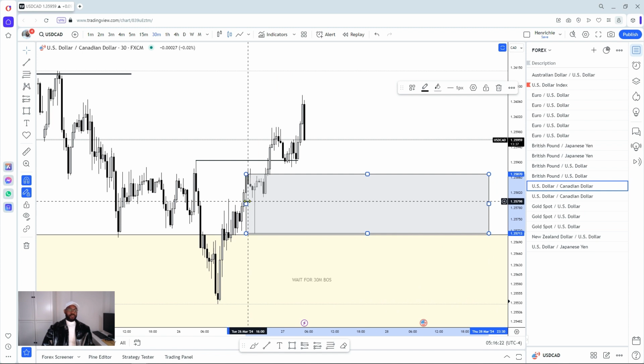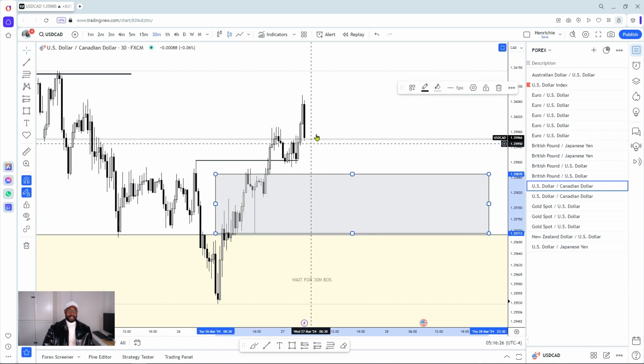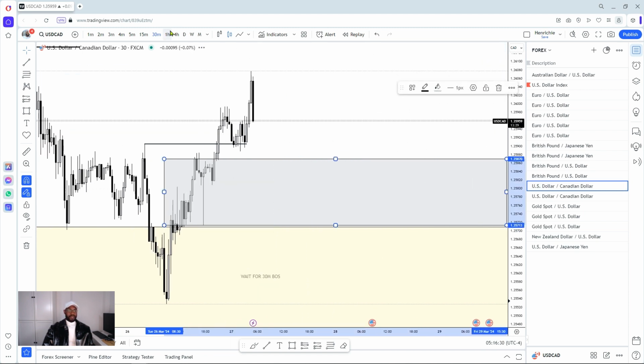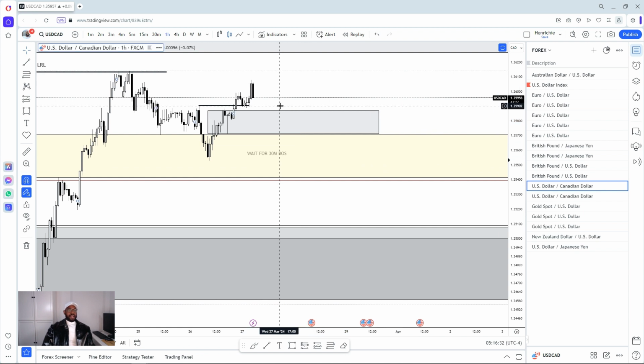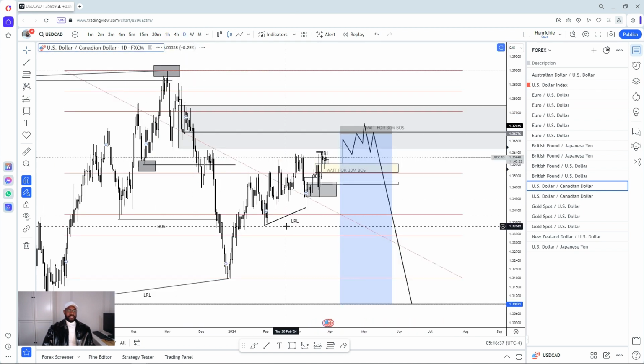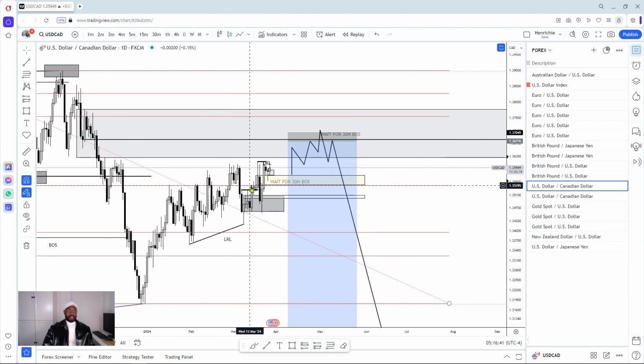So I personally wouldn't take this trade, and the reason I wouldn't take it is because I don't like it, and I'm still gonna explain why I don't like the trade as well. The reason I don't like this trade is because after we broke structure, we mitigated this daily inefficiency. I wanted to see price at least mitigate, even if it's this candle, this equilibrium line, even if it's just a tap, to tap into that